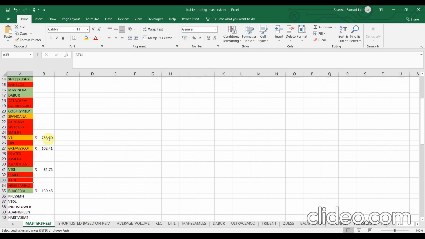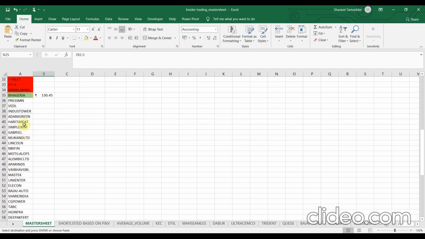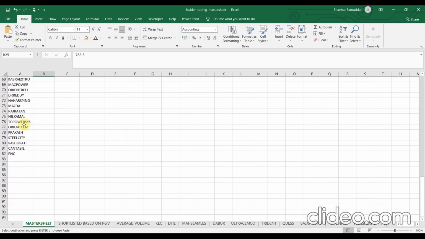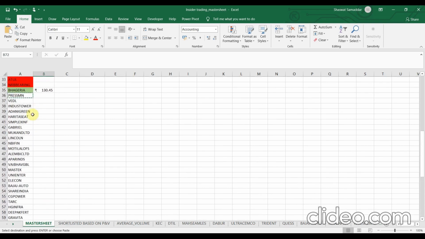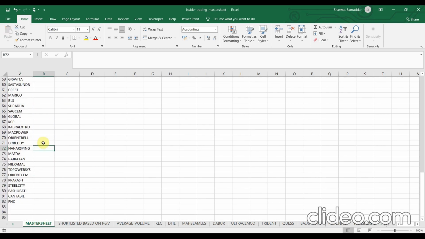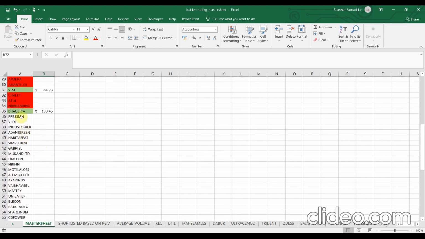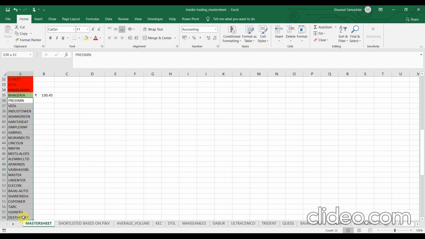What are those prices, if you are thinking? I would get on to that once we have done color coding this particular stock. So it would take a while to analyze these particular stocks. But for today's video, or in part 2 of this video, our aim would be to analyze these four conditions and color code these stocks on the basis of those four criteria. Okay, so let's start with PRESS-MN.